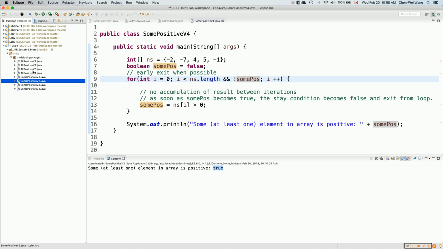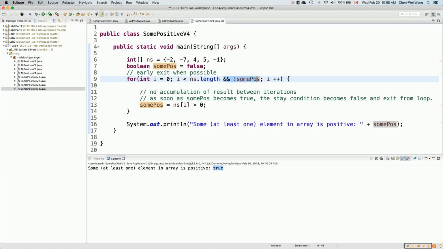But now, when we move from version number 3 to version number 4, because the state condition is actually somehow stronger, in the sense that it's more complicated, it's going to make sure that as soon as your reassignment makes the Boolean variable either true or false, depending on which problem we are trying to solve,